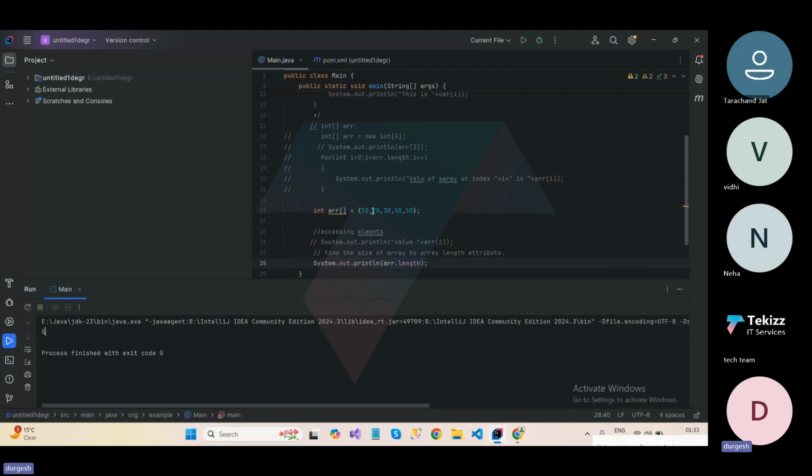Okay. So the length of the array is 5. Total length gives you the total number of elements in the array. Okay. So you can loop through an array using